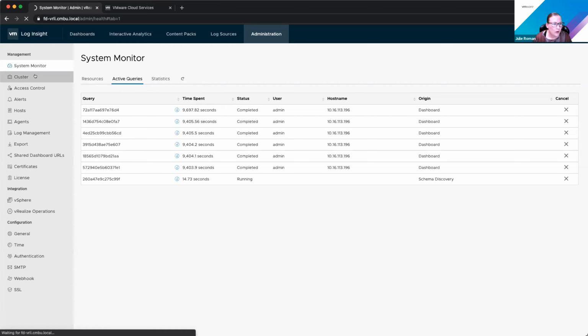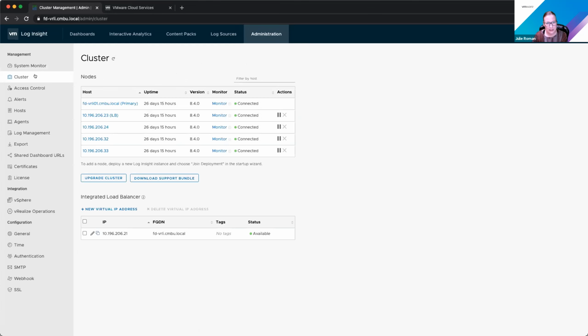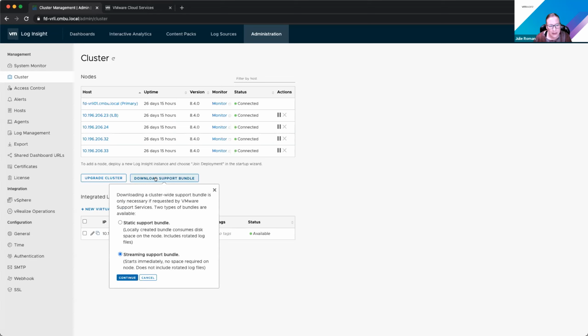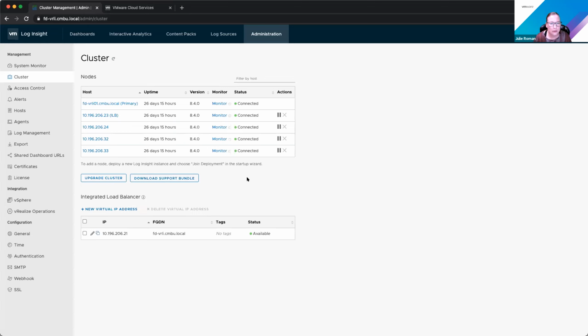All right, so if we just walk through the administration for the cluster, this is actually where you'd come in and upgrade the cluster. If you're upgrading a cluster, it's just going to be downloading the appropriate pack file. And as it runs through the upgrade, it's going to send you notifications via email to whoever is the system administrator email address configured. You'll get notifications, hey, this node's complete, this node's complete, this node's complete, and it'll just roll through the upgrade. And this is also where you would download a support bundle. Typically, when we ask you for a support bundle, you'd want to do it on the complete cluster, but if you are having trouble with a specific node, you can specify the specific node.